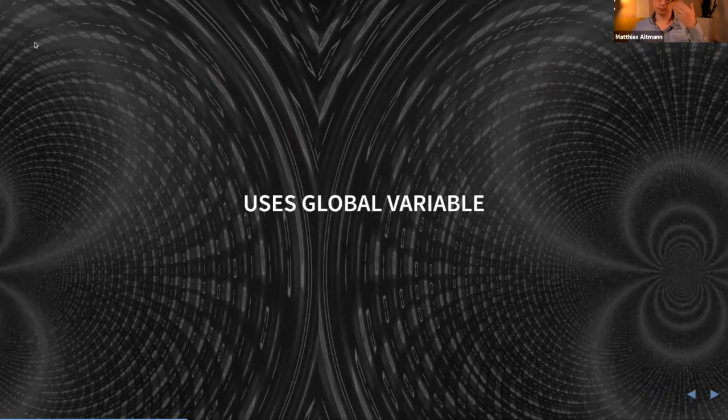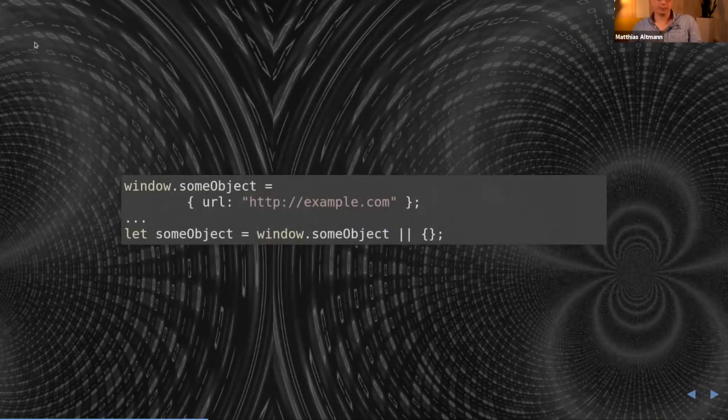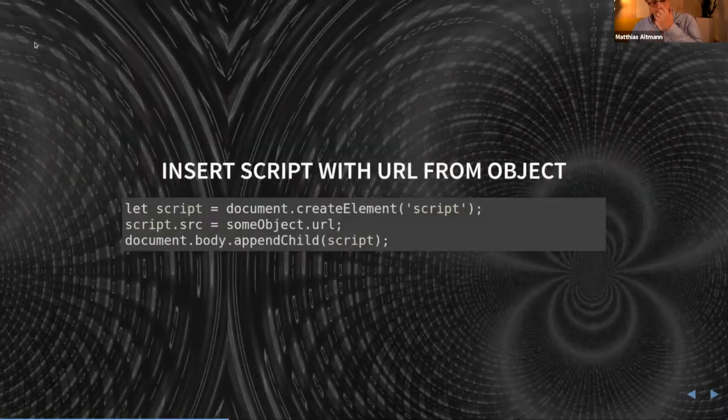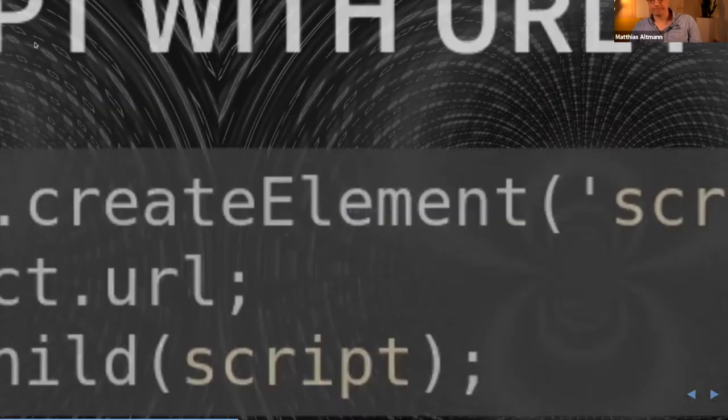What you should focus on is that it uses a global variable. Here it is displayed a little bit easier: you have some object which is initialized with a property, for example http example.com, and the script is inserted, so it will be loaded from the object.